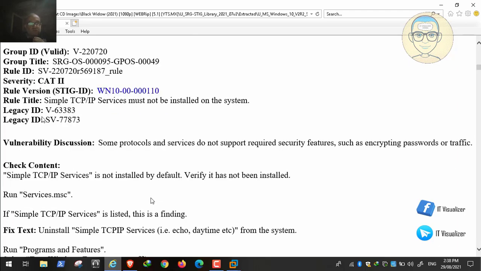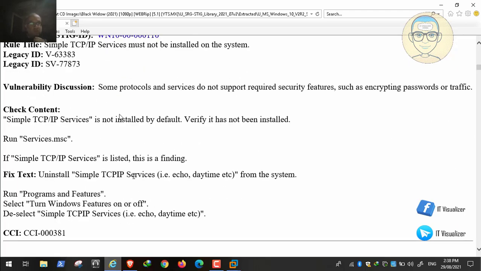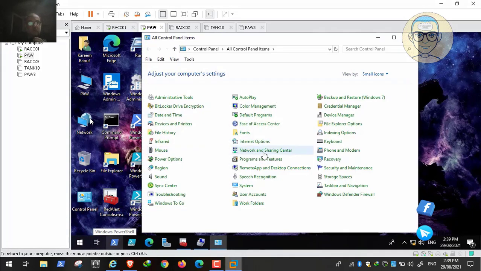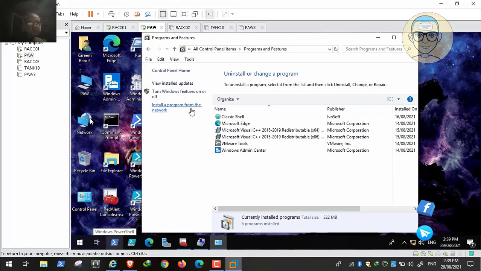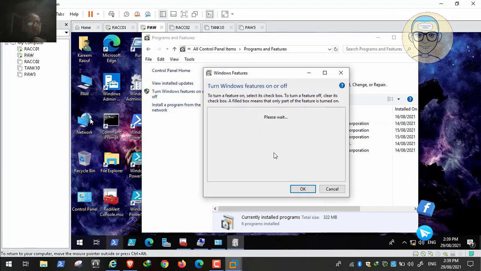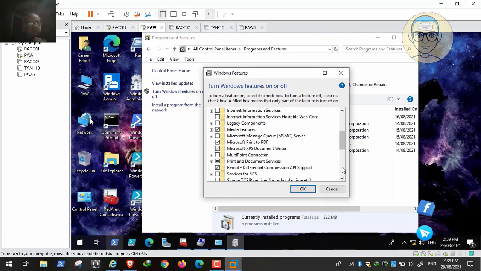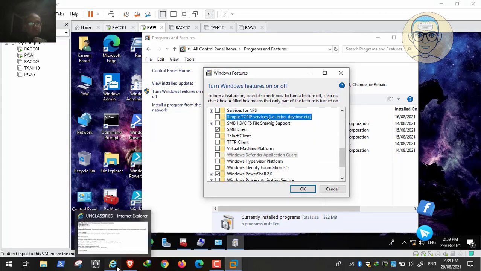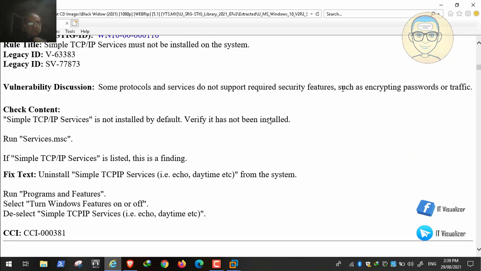So we'll go further, and it is not installed by default, by the way, so it's not enabled. You should enable it only if you are testing your TCP/IP protocol in your network, and you should install it and then uninstall it after you finish your work. Okay, so now we will open the program and features, then turn on Windows features, and then let's see if we have simple TCP/IP. It's not installed. Okay, so we can go further with the recommendations,